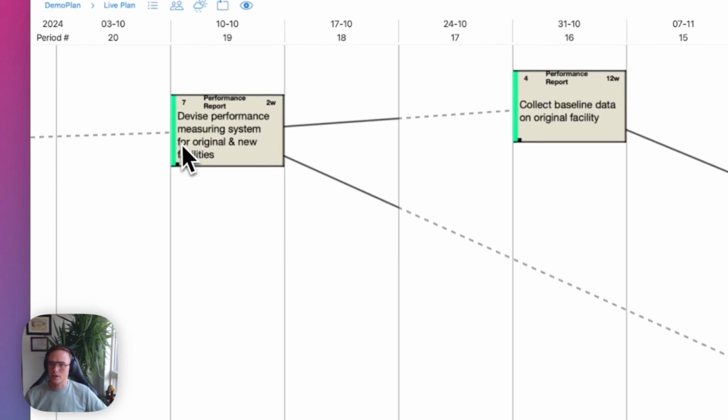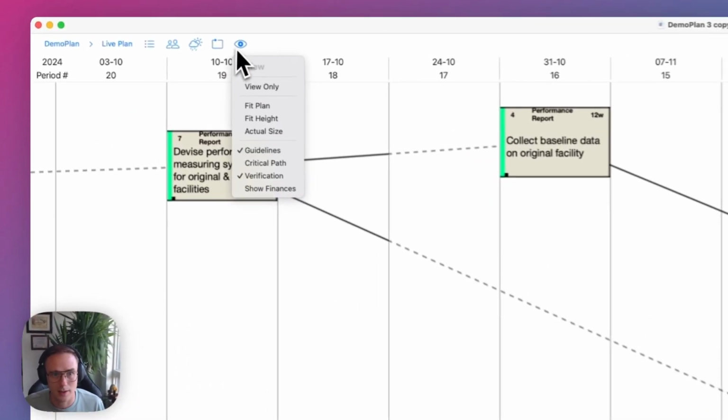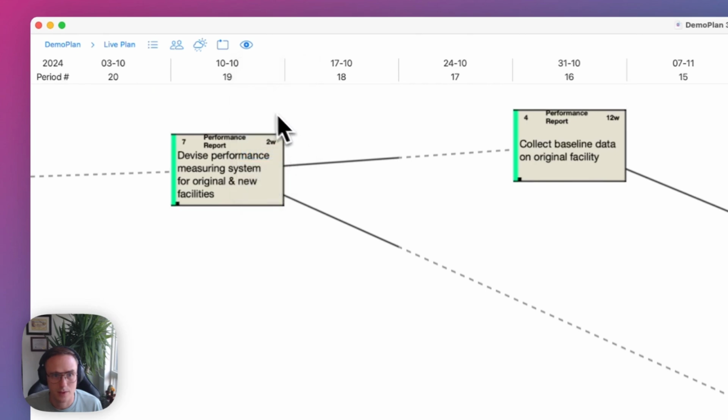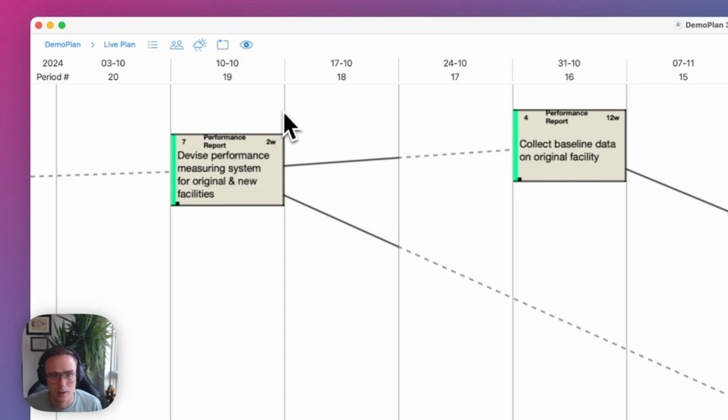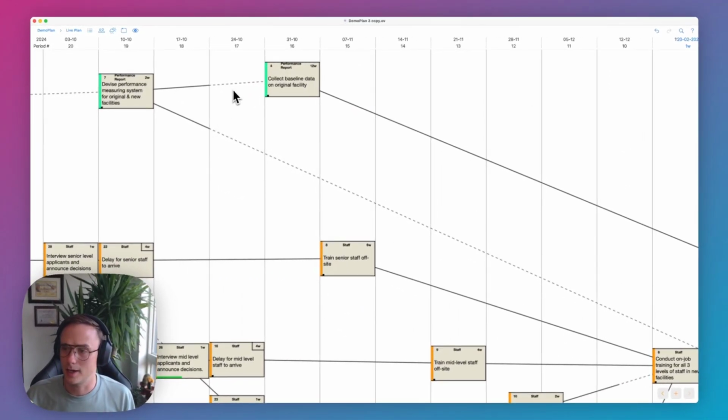So we're measuring the duration of each task from the solid line. So the start of this task would be on the left-hand edge here. And we count, again, the guidelines, right? So one week here, 2 weeks in duration is our solid line. The dotted line is our float,